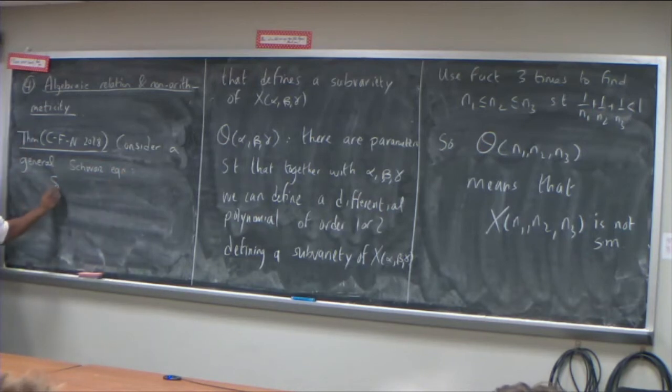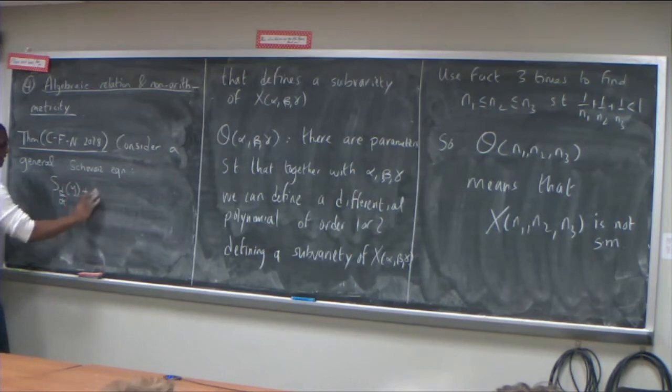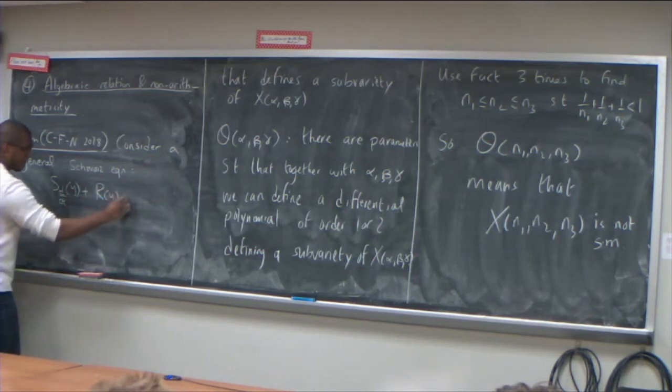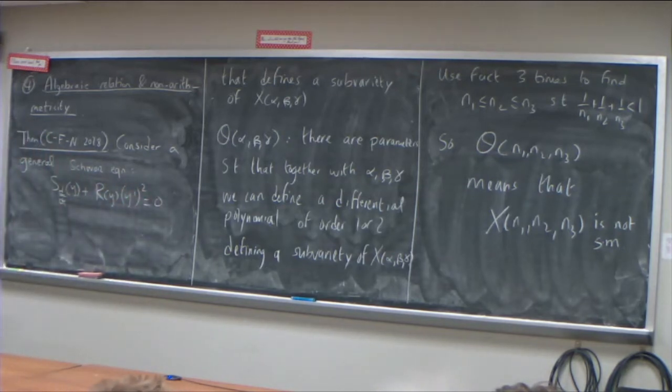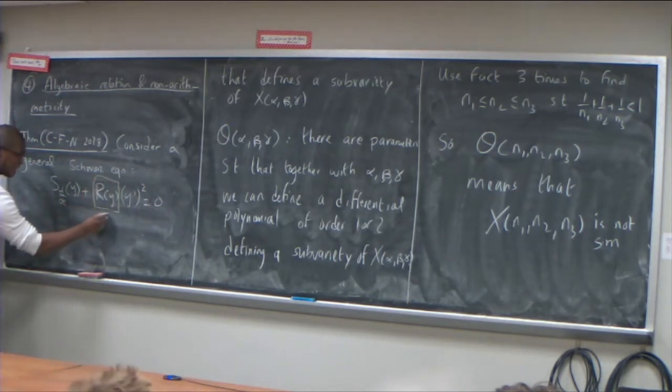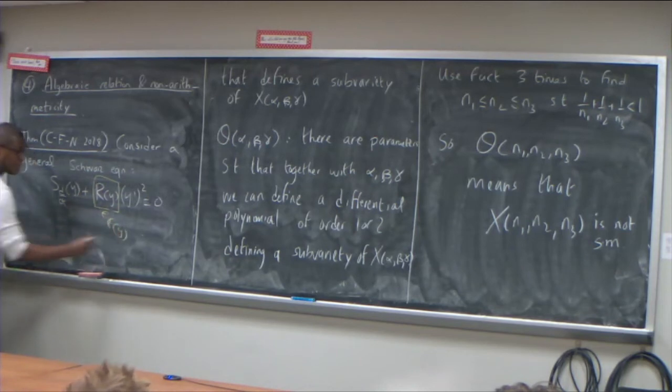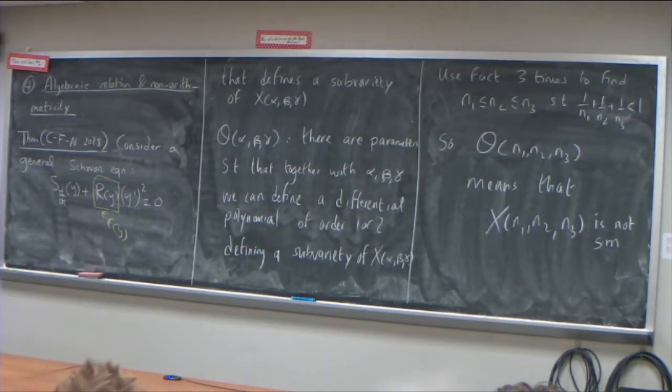So this is an equation, again, d by dt, y plus... All right, so the difference with what is on the board now and what was before is that here, this is in C(y), and it's not necessarily this guy. So it's any rational function over the complex numbers, right? So we call that a general Schwarz equation. So what we show is the following.